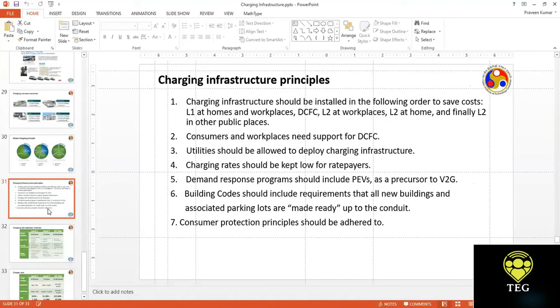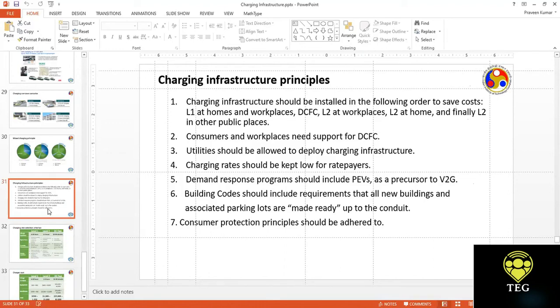But we should also start working towards developing chargers which can support bidirectional power flow, because if our chargers today are not ready for that, and once a regulation comes that bidirectional power flow is allowed, then we would be replacing all the old chargers. That would be an expensive proposition. So it's good that from today onwards, we start building in at least the hardware and the software functionality for V2G, but deactivate it. We don't allow that functionality to be active right now, but as soon as the regulation comes, we activate it.